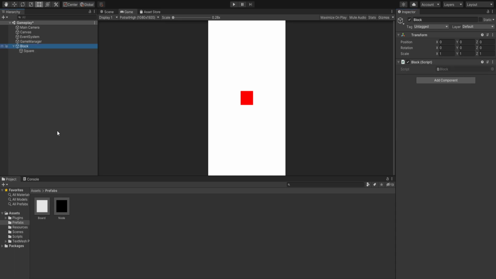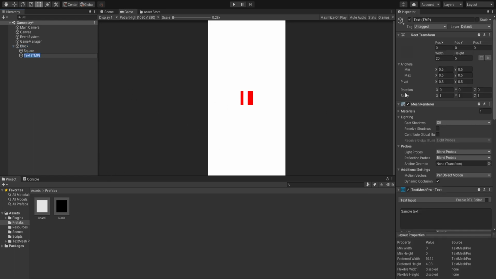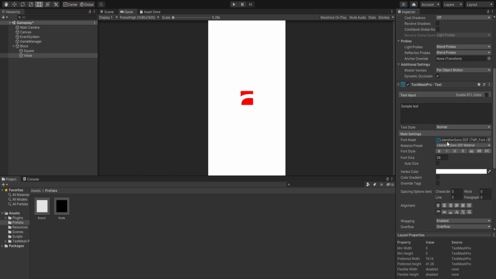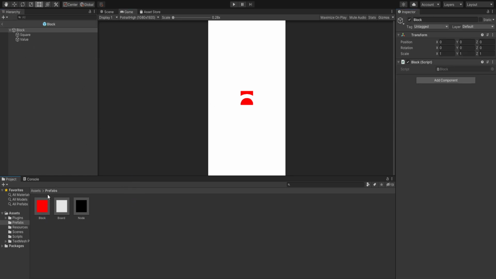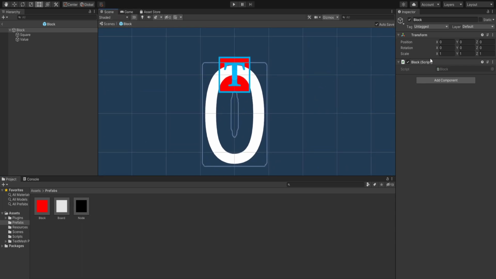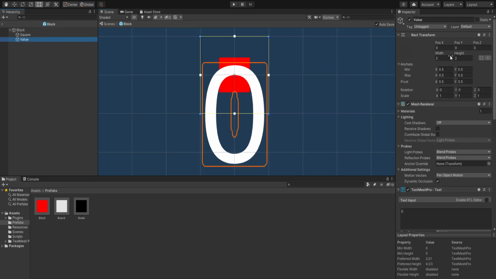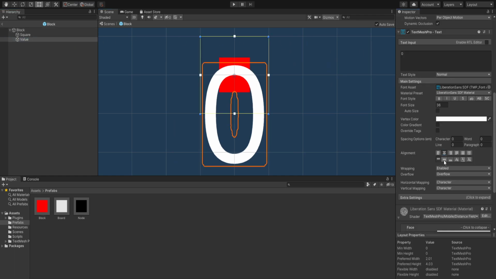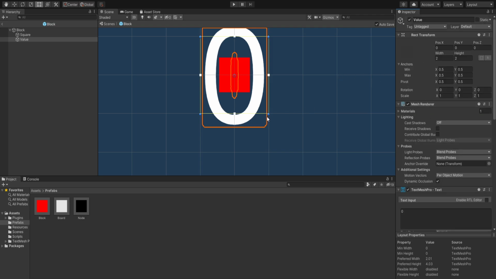But now we'll add text to it. So TextMeshPro, and here instead of size, let's set it to 2 by 2, and we'll just call it value. For the sample text, let's set it to 0, and first let's save it as a prefab. Now let's start editing it. So that's how it's looking right now. It's already positioned correctly. We need to position it towards the center, and let's decrease its